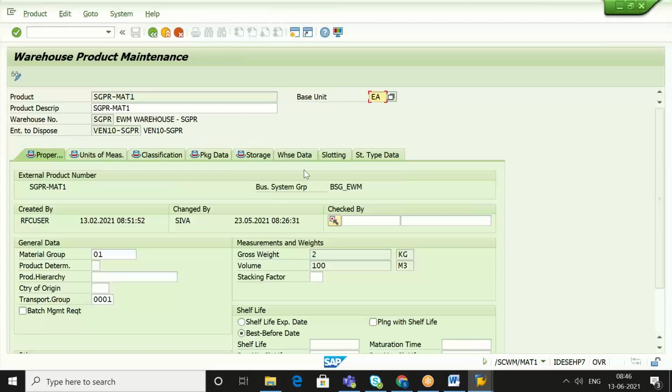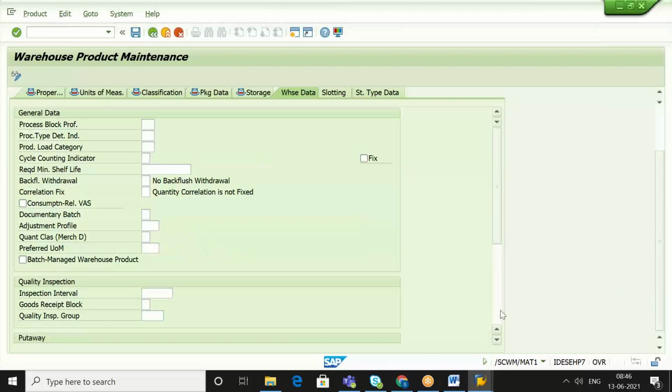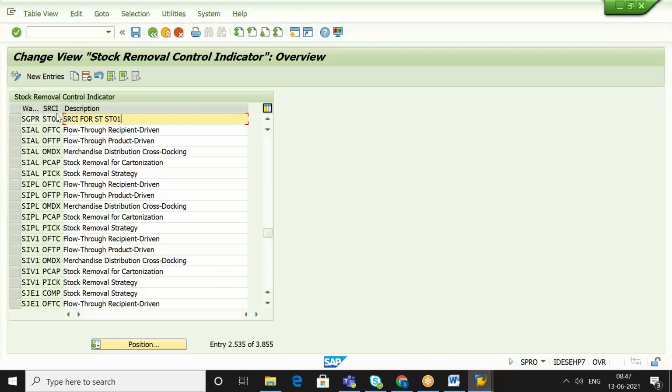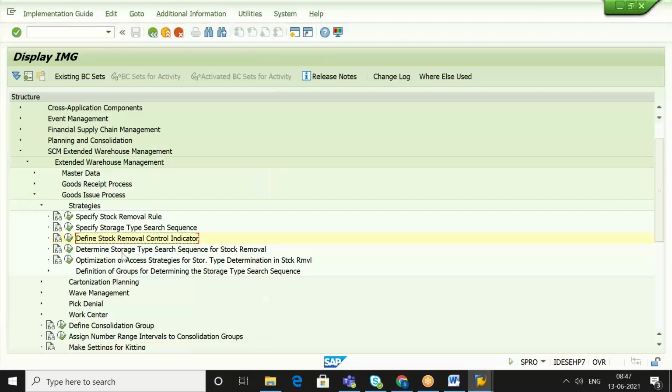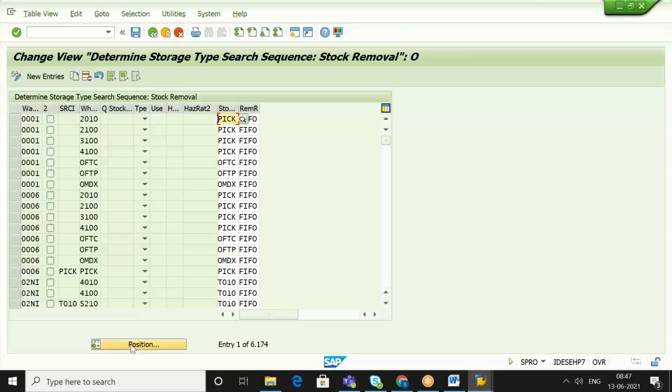So you can see in warehouse data, come to here, check this. See, SD01 is your stock removal indicator. This indicator you have to maintain there. And then determination: determine storage type set sequence for stock removal. Go to this and